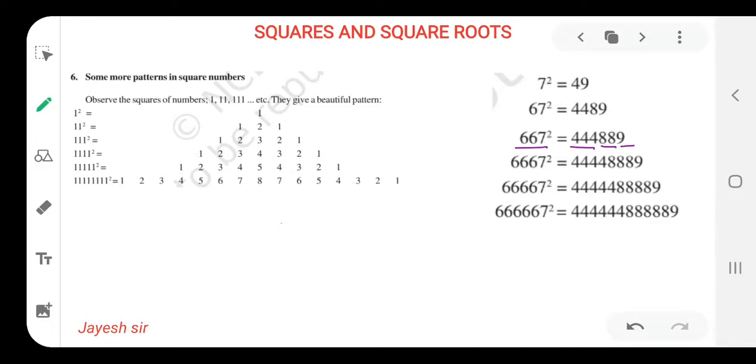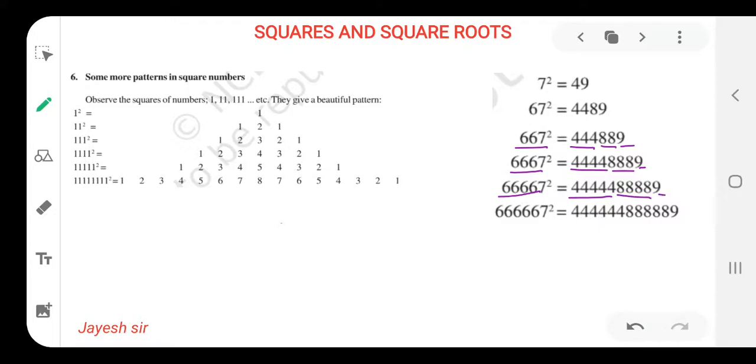We have to keep that in mind. How many numbers are there? 4 numbers, that means 4 times 4 should be there. Afterwards, how many 6s are there? 3, so 8 should be 3 times, and 9 at the end. Similarly over here, 5 numbers are there, that means 5 times 4 should be there. How many 6s are there? 4 sixes, that means 4 eights should be there, and 1 nine.